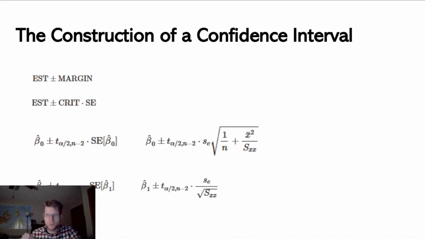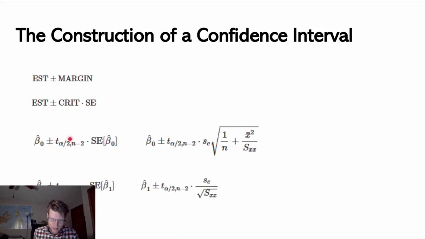So assuming that our standardized values follow a t-distribution, I'm going to start with my sample statistic, and then I'm going to plus or minus that t-value times my standard error. So if we do that, and we want a 95% confidence interval, then t